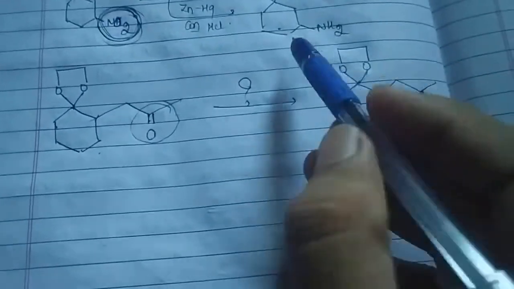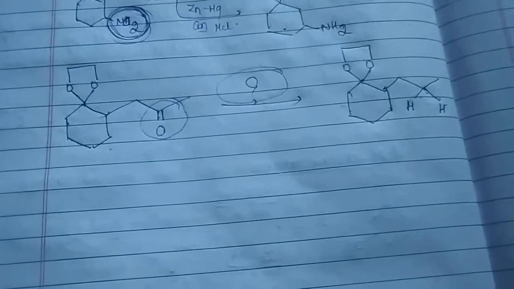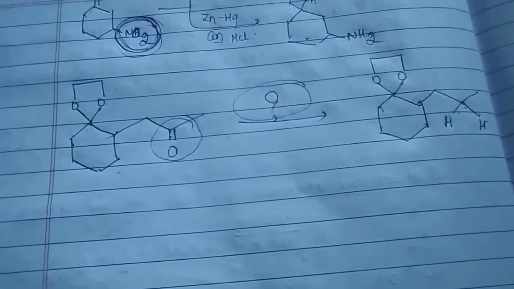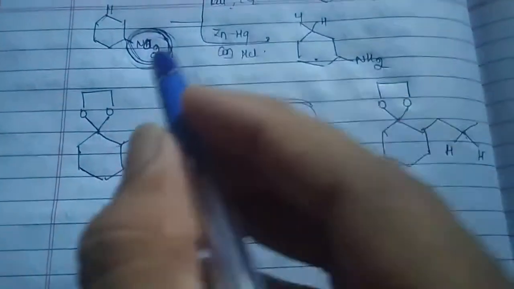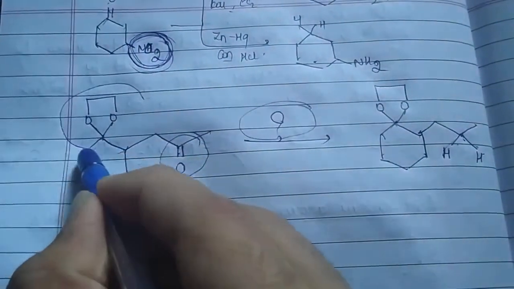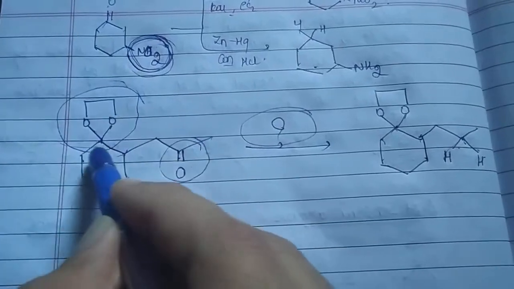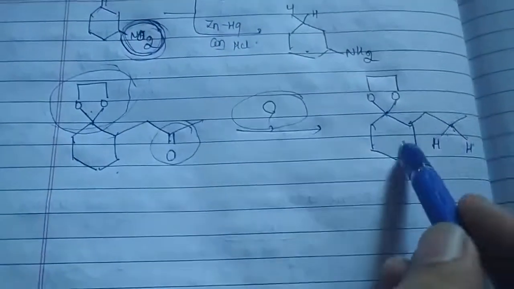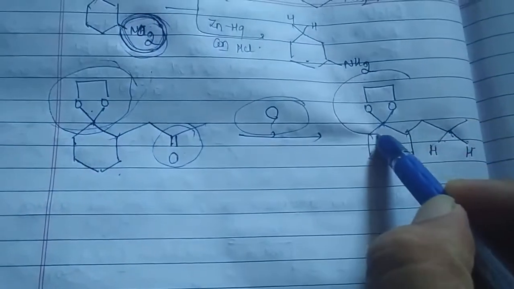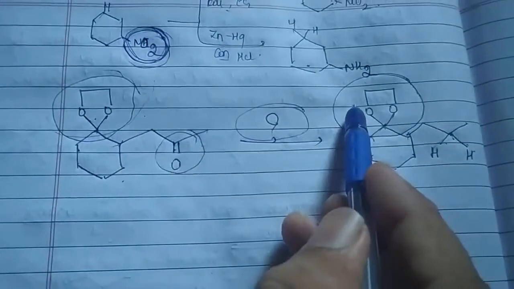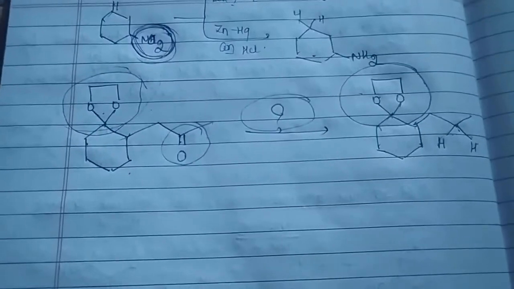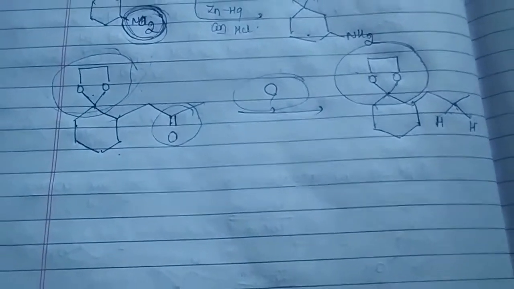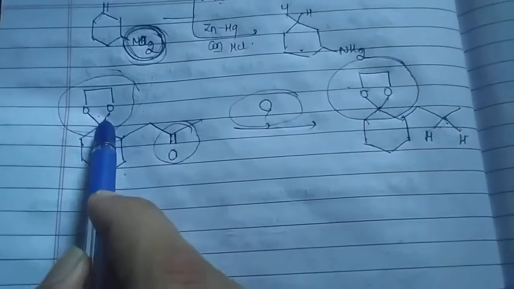Because the carbonyl compound has been reduced to hydrocarbon. Now the question arises whether we have to use a Clemmensen reagent or a Wolff-Kishner reagent. So then what we have to do is go with what type of group it is having. Of course, it is an acetal group. In the reactant we are observing it is an acetal group. But when you are seeing the product, that acetal group is as it is. That acetal group has not been changed. We know acetal is which type of group, whether it's acid sensitive or base sensitive. It is an acid sensitive group.